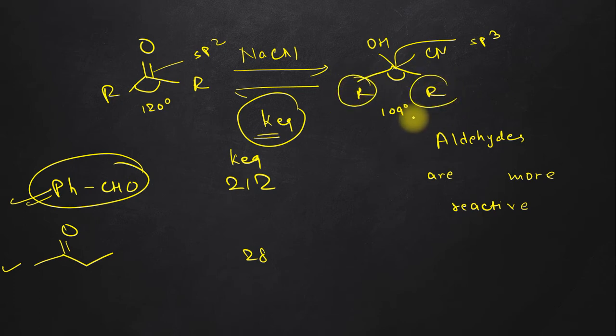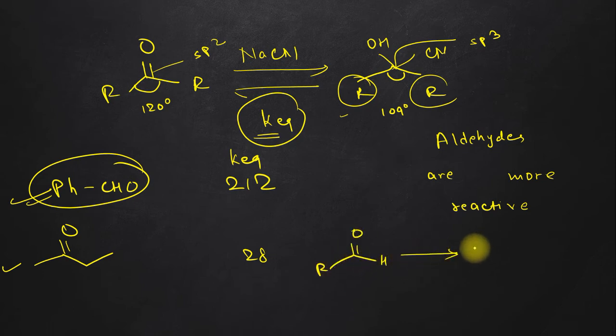So we can say that the two alkyl groups are very close to each other. In ketones, if these two alkyl groups are large, then there would be steric hindrance. And if there is steric hindrance, it means this product would be unstable. Here we have the example of a ketone, and suppose we take the example of an aldehyde instead, then what will happen? So this is our aldehyde.